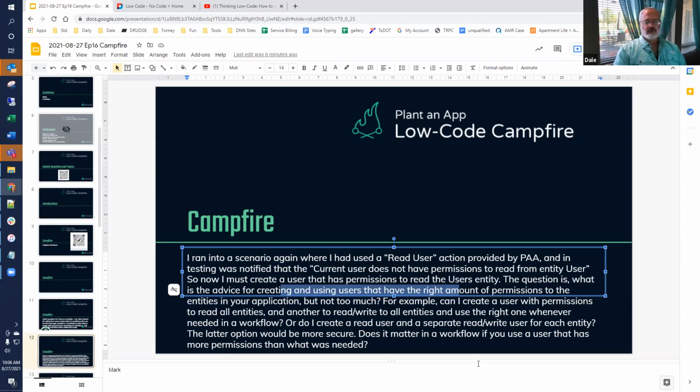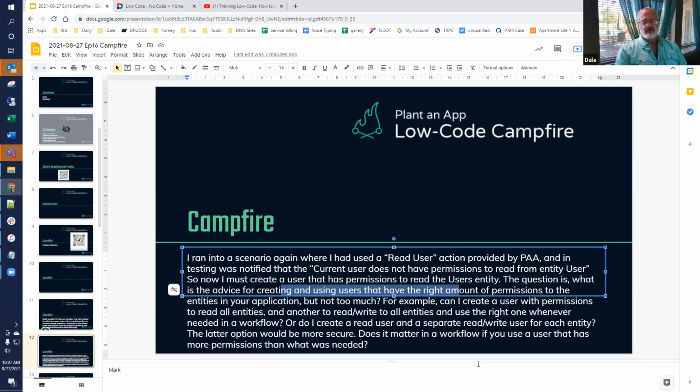So let's see, the idea here is that users that use your application might have a particular role and can do things according to the permissions on the entity, but you might need to let them do something in a controlled way, perhaps under code, that is kind of above their pay grade, above their roles. And how do we do that?